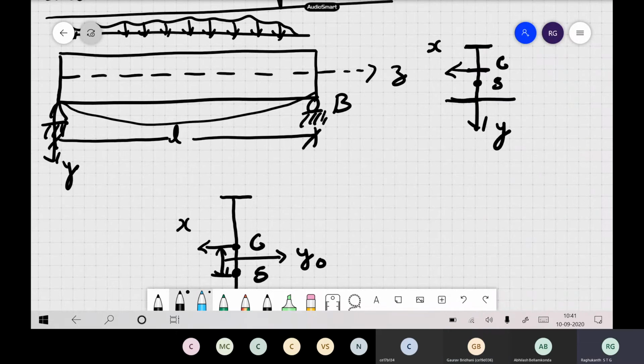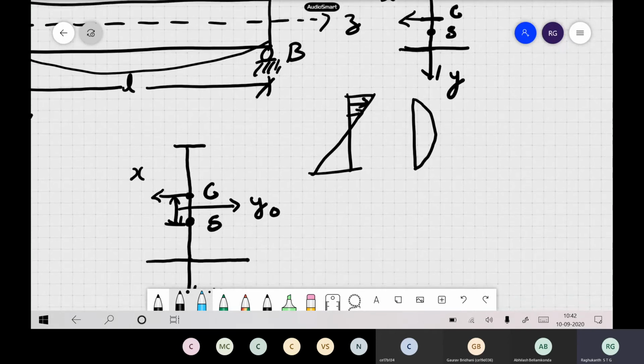Like in the first class itself, I told you, buckling means anything under compression has a chance to buckle. But here why lateral torsion comes into the picture is that the top flange is under compression, but the bottom flange is under tension. So when the top flange is under compression, it tries to buckle, but the bottom flange is under tension, it will not buckle. If both were under uniform compression, the full beam would buckle like this. Now because the bottom flange is in tension, it will not try to buckle, it will try to resist this buckling itself.